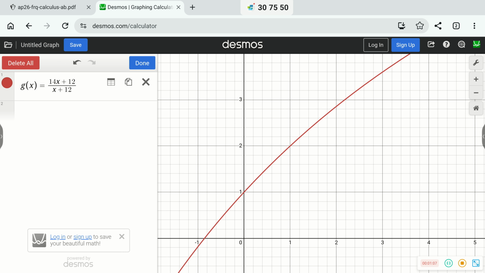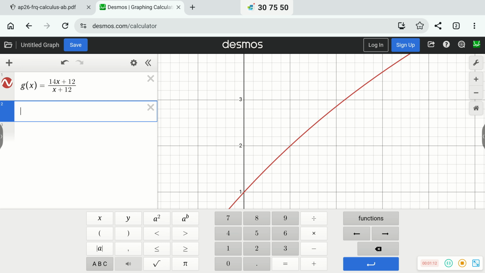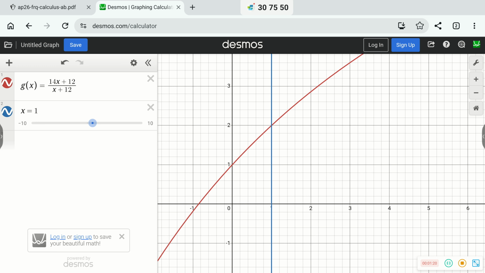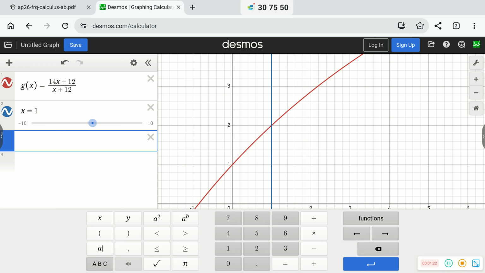So red there. All right, it said the line x equals 1. I'm going to get that in there, x equals 1, and make it a different color, maybe blue here. All right, so this is my little area. Then also the x-axis and y-axis. So we know it's this little area here, and we are